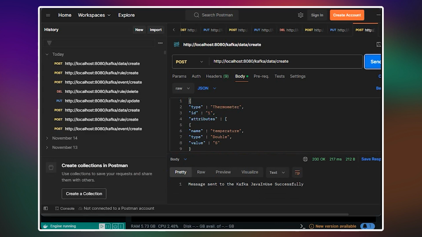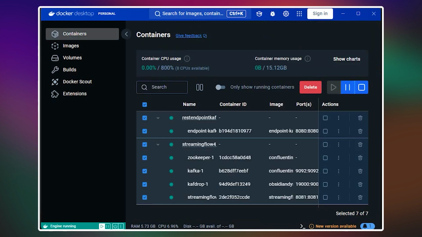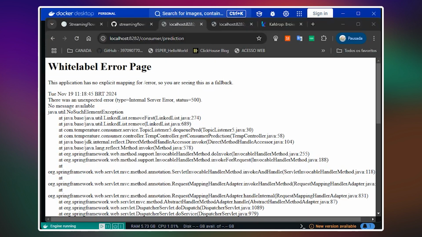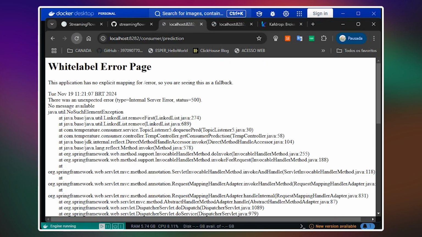Okay. This is the behavior. Okay. If you check the consumer now in prediction, it should just appear here, because right now it's consumed. This is a simple consumer just to show you. And if I make the update, of course, it was consumed. It will not appear more because it was only one sending.